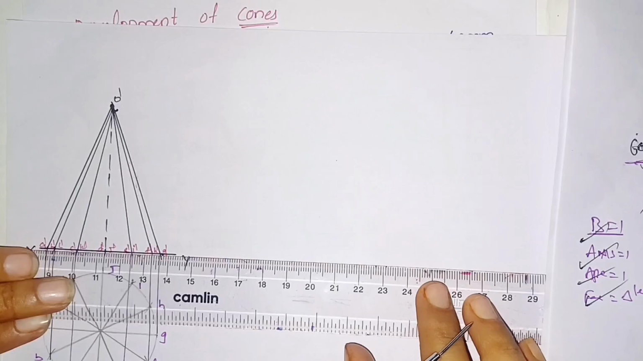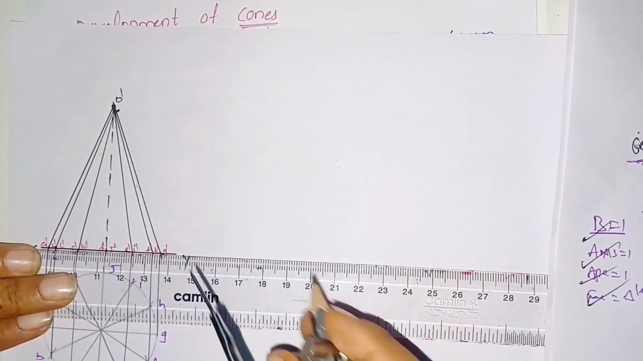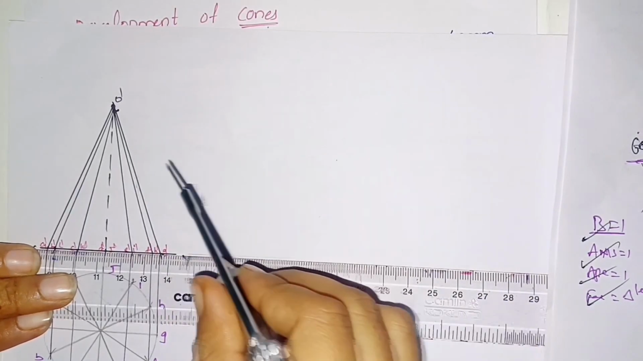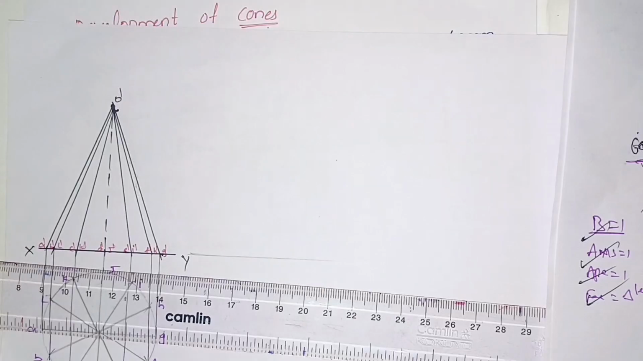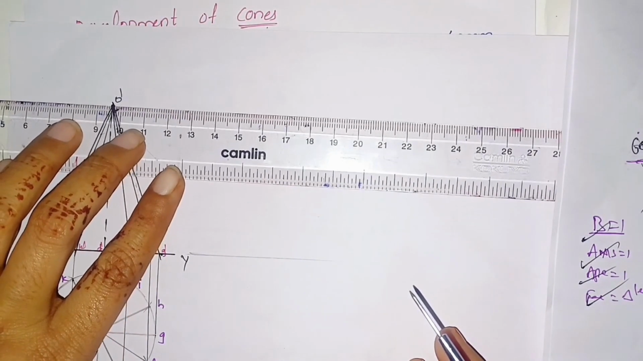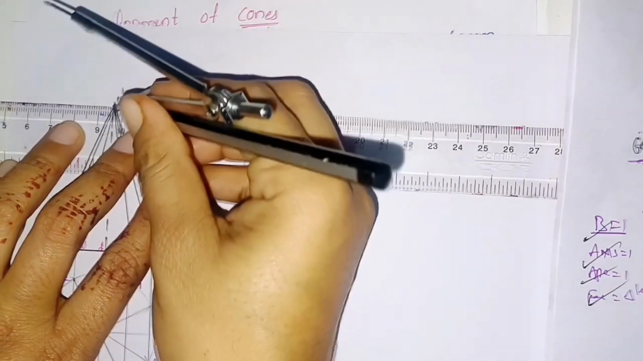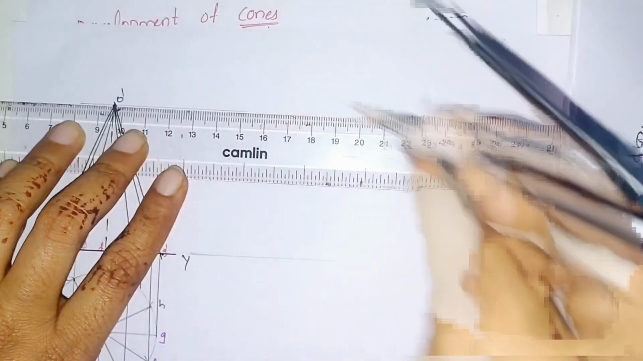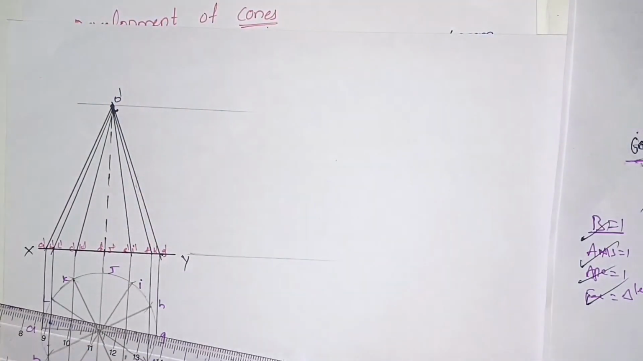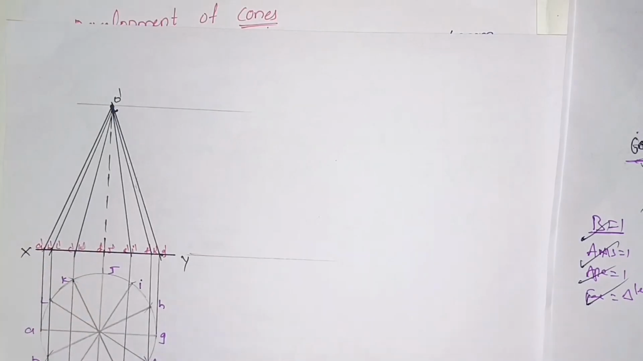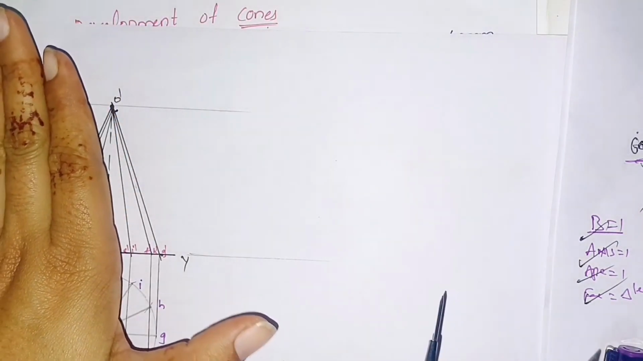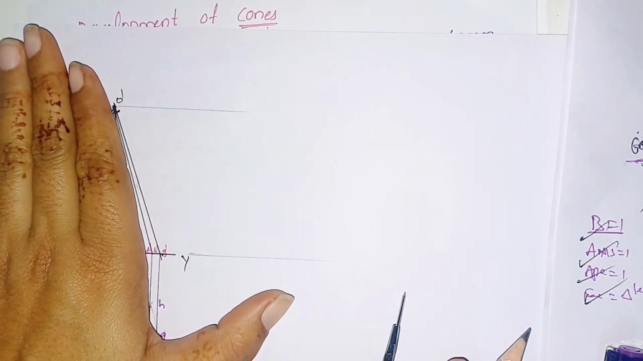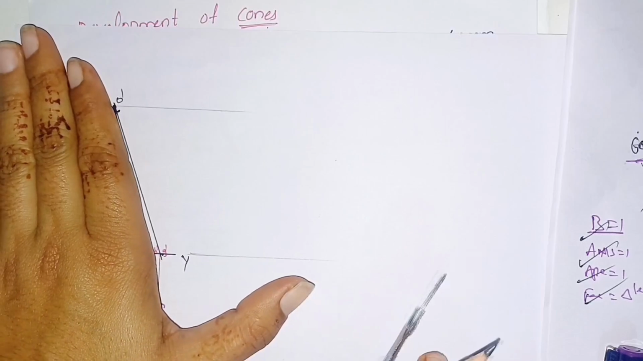Draw the light line with the reference line, very light, and similarly you have to draw from O prime to G prime. Take a drafter and place it on O prime to G prime, and open